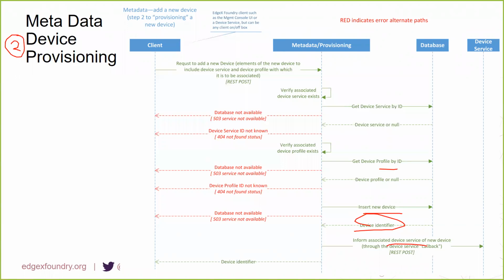So if you will, gang, there's a set of procedures. There's a sequence of processes that happen with regard to metadata that allow new devices and new device services, along with the device's associated device profile, to be established in metadata so that it now has that knowledge it can share with all sorts of other microservices about what's connected into EdgeX and how you start to communicate with it.